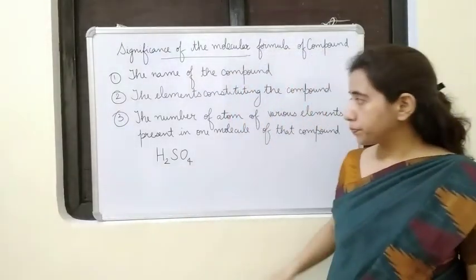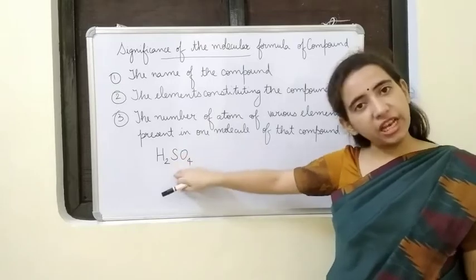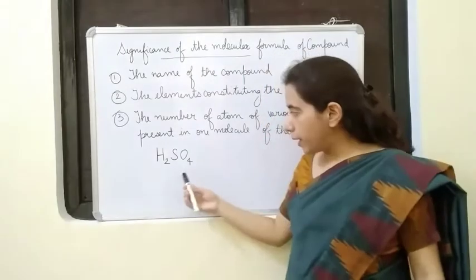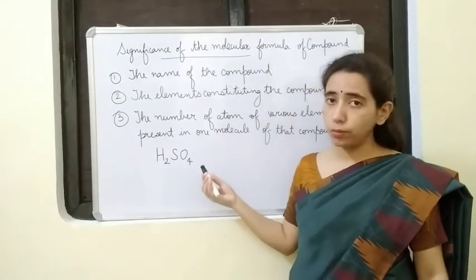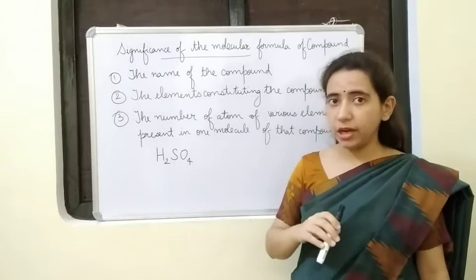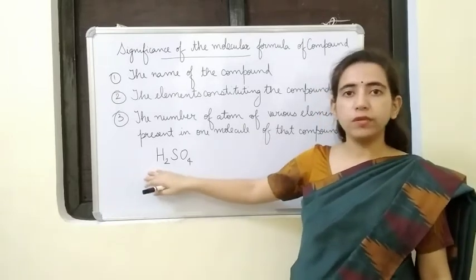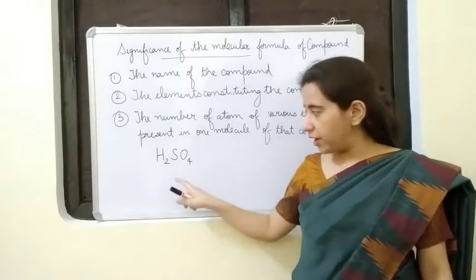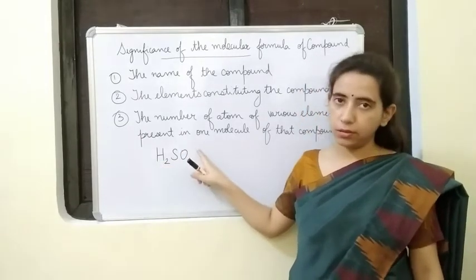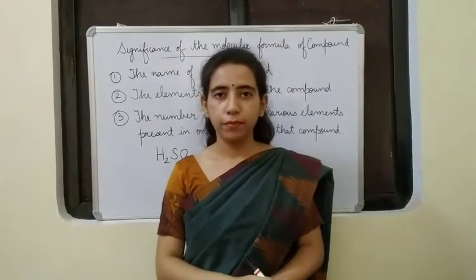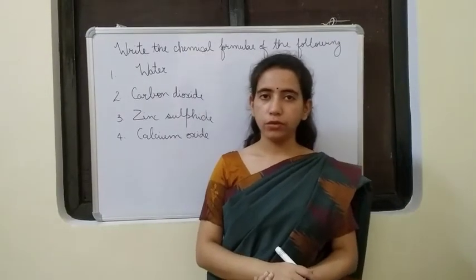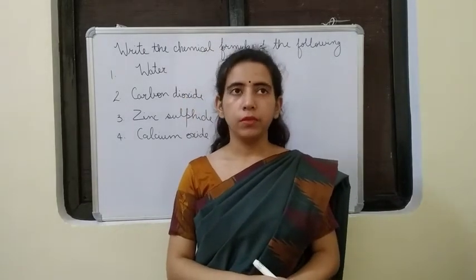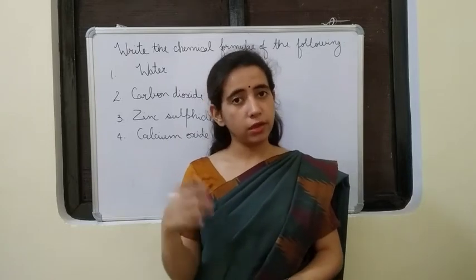Okay, so the second point is also clear, that you come to know about the elements present in the compound. Then the third one, how many atoms of each element are there in that one molecule of the compound. So here, by looking at these numbers, the subscripts, you come to know how many atoms of each element are there. Like I can say, one molecule of sulfuric acid is formed by combining 2 hydrogen, 1 sulfur and 4 atoms of oxygen. Okay. Okay students, that's all for this video. In this video we studied about molecular formula, then rules for writing the molecular formula and its significance.